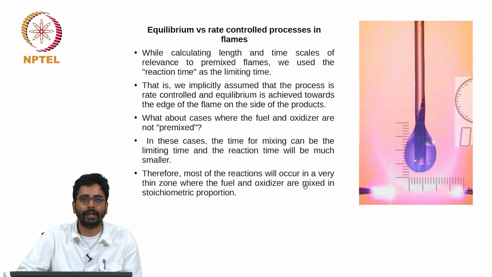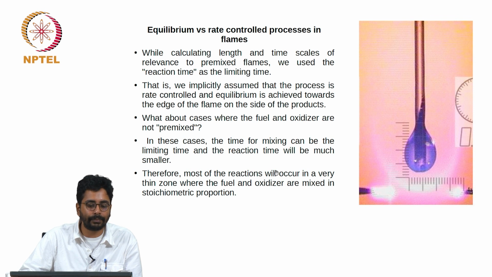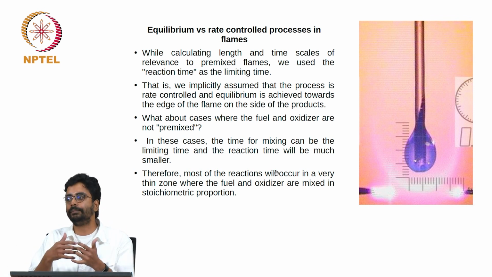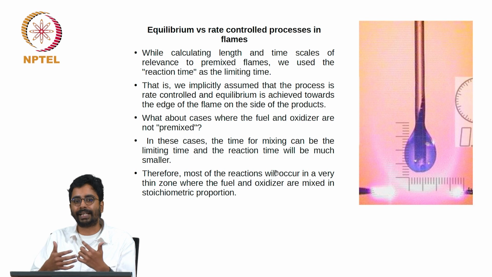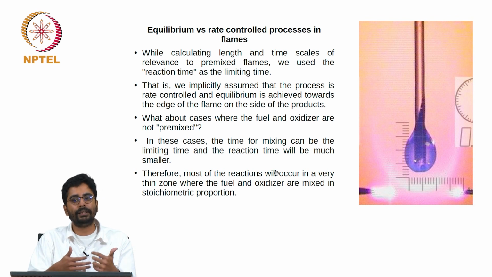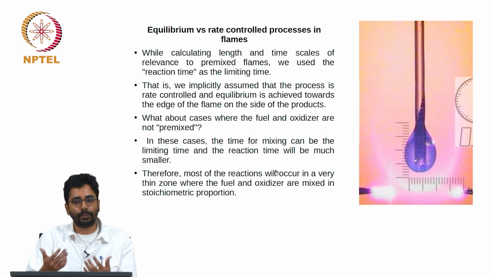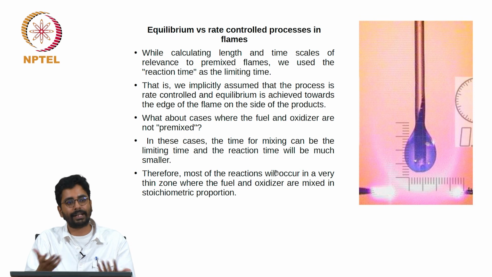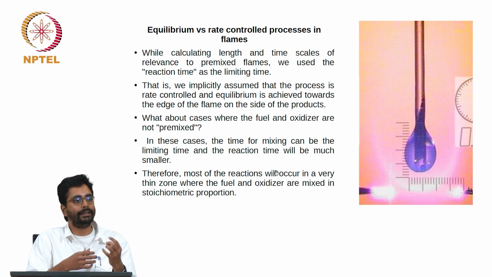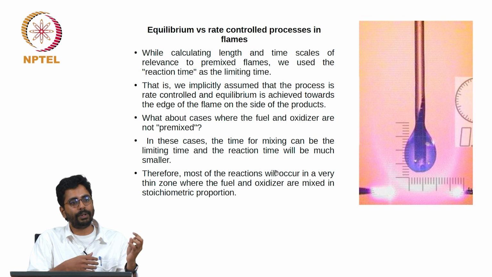So what I am referring to as equilibrium versus rate control processes is: equilibrium refers to processes where the chemical reaction rates can be considered to be much higher than every other process. So there is sufficient time available for the reactions to go to equilibrium. The rate of those processes is not controlled by chemical reaction rates because the chemical reaction rates are much larger than the other processes. It will be controlled by the slowest of all the processes that happen.